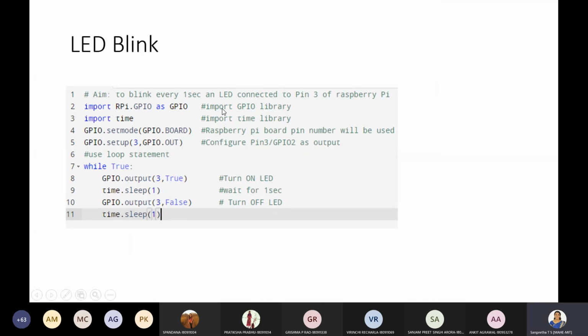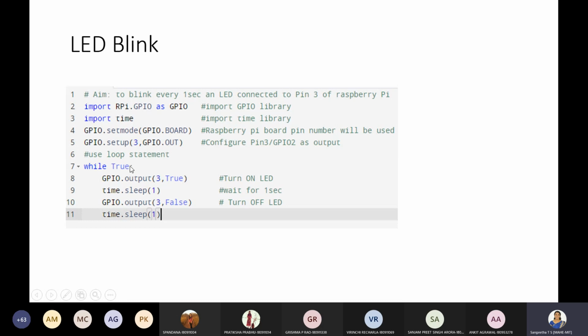Same way, there is another simple example, to blink the LED every 1 second, and the LED is connected to Raspberry Pi pin 3. Okay, and so the same procedure goes here. Initially, you have to import the GPIO library.